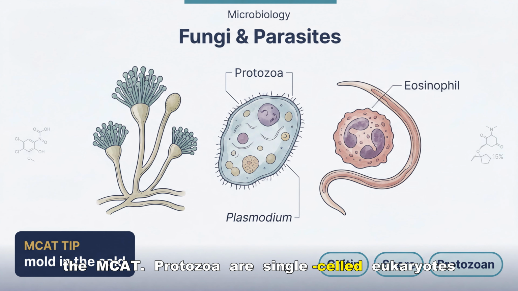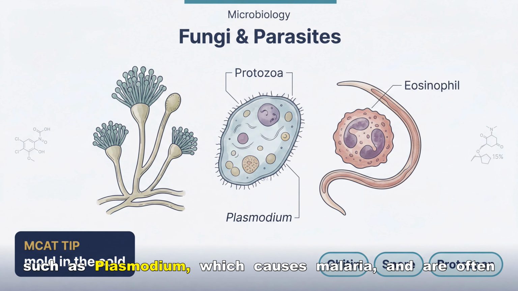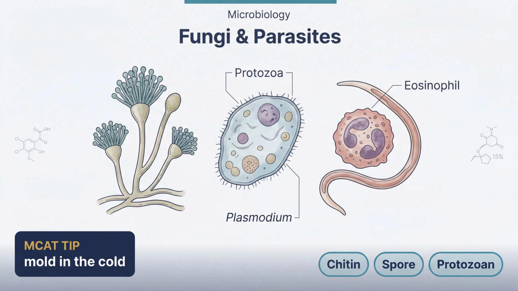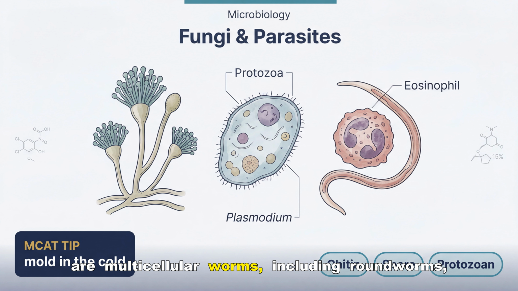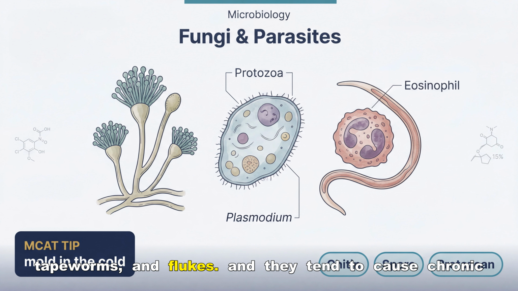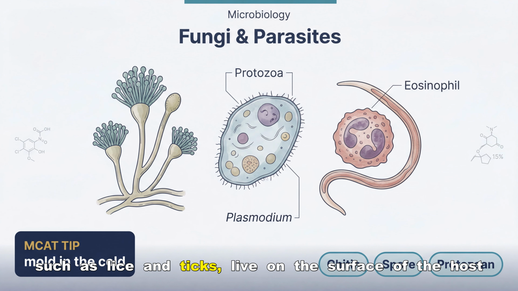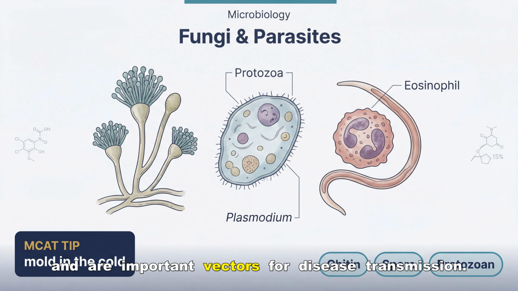Protozoa are single-celled eukaryotes such as Plasmodium, which causes malaria and are often transmitted through vectors like mosquitoes. Helminths are multicellular worms, including roundworms, tapeworms, and flukes, and they tend to cause chronic infections by absorbing nutrients from the host. Ectoparasites, such as lice and ticks, live on the surface of the host and are important vectors for